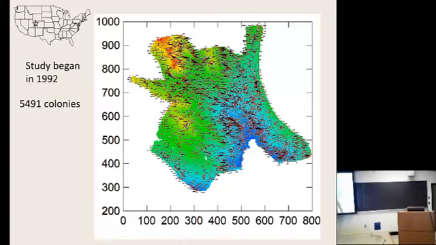Through last summer, we had information on something like 5,500 colonies. So that means that something like 4,000 colonies have died, and 4,000 colonies have been added to the population. So it maintains a very overall standing crop of colonies in this population. So that's our data. That's what our data set is made up of.